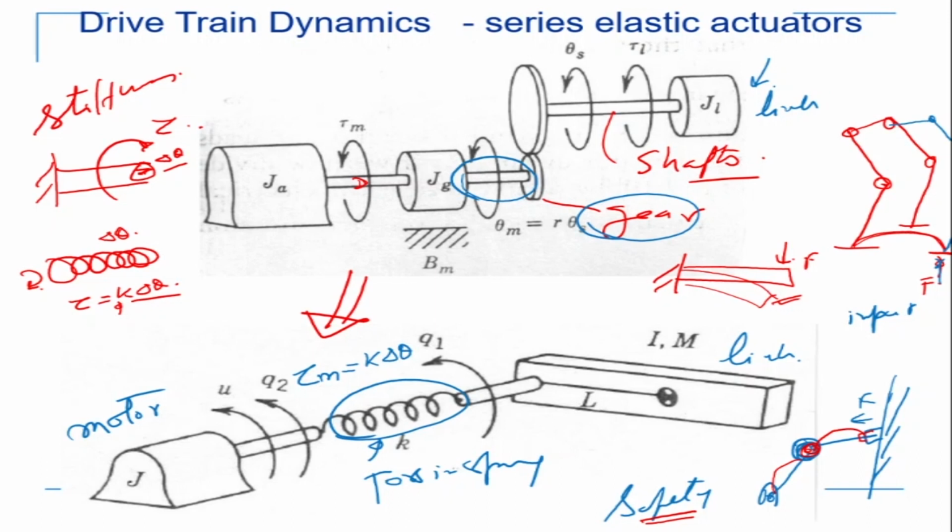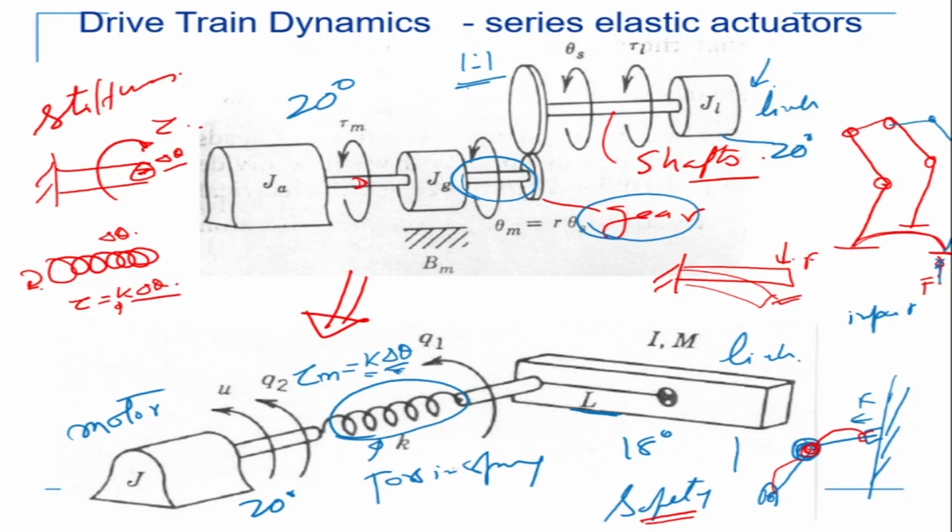What is going to happen is the spring is going to first deflect, and for that very small deflection there will be no change on the link, because the spring will deflect, and then the link is going to change its position. If I give an example, say my gear ratio is 1:1 and the motor rotates by 20 degrees, the link will also rotate by 20 degrees because it is a 1:1 coupling. In this case, if this rotates by 20 degrees, the link need not rotate by 20 degrees, it could rotate by 18 degrees. That will depend on the k here and how much deflection is there in the spring. I hope you understand that.